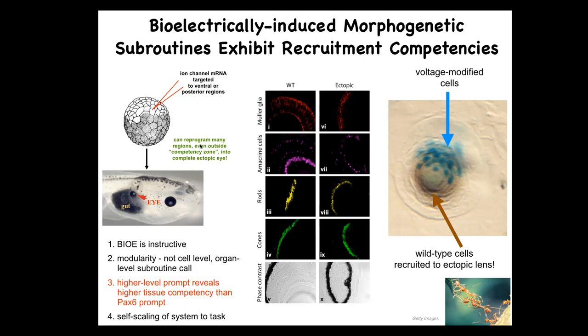This is a high-level subroutine call. We said make an eye here. All the rest of the competency is in the system itself. Yeah, this is of course something computer scientists exploit all the time. Also, of course, doing it that way extends the competency of the cells. We thought only these cells could do it. Actually, all cells can do it.